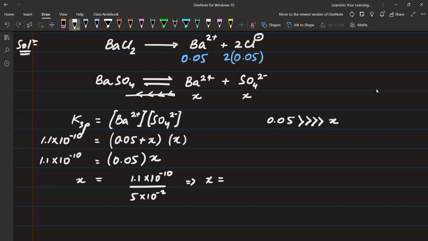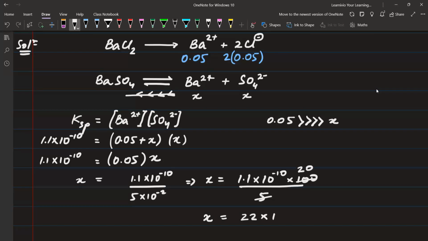एक काम करते हैं, इसको थोड़ा सा दूसरे तरीके से लिखते हैं, ऐसे लिख देते हैं 1.1 इंटू 10 to the power -10 इंटू 100 कर दें, 10 to the power -2, it will go above, it will become 100. Yes or no, please tell me guys, चलेगा? Yes, sir. Divide by 5, so 5 20 हो जाएगा, and the x will be equal to